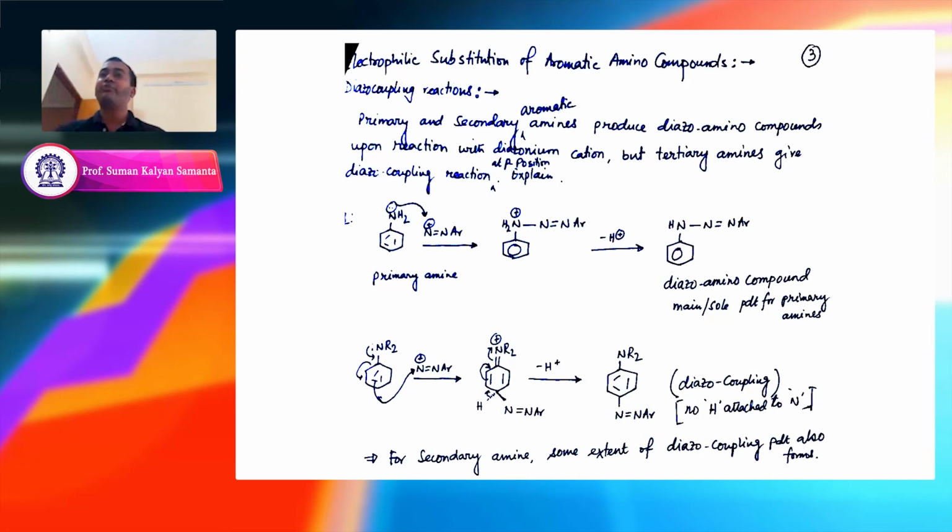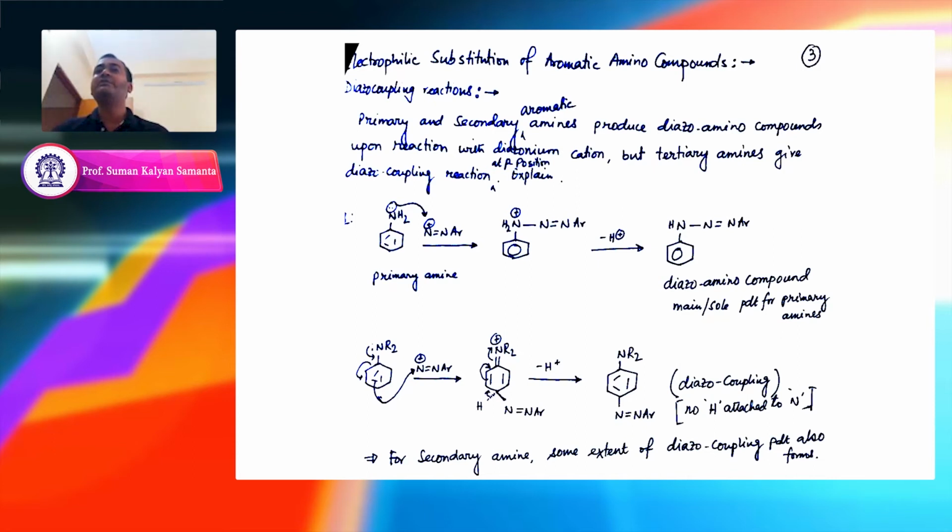Okay, so first we can call it a kinetic product. If you take primary or secondary aromatic amines, there is always at least one hydrogen: for primary you have two hydrogens, for secondary amine it has one hydrogen. Okay, so it initially gives a diazoamino compound. So if this nitrogen reacts with this N positive, it leads to this compound. It is called a diazoamino compound. Okay.